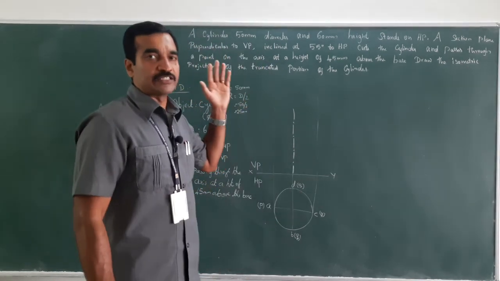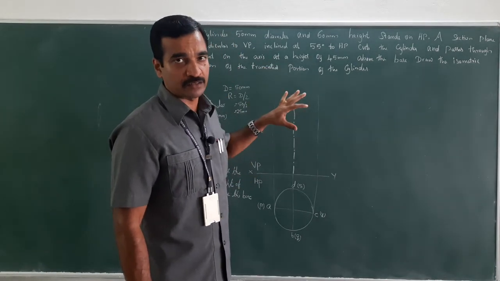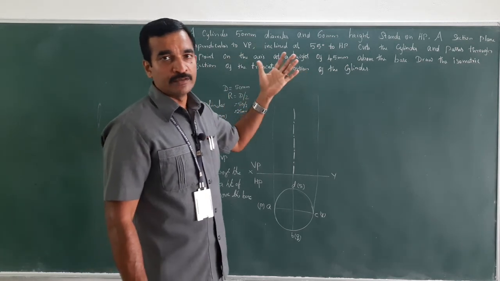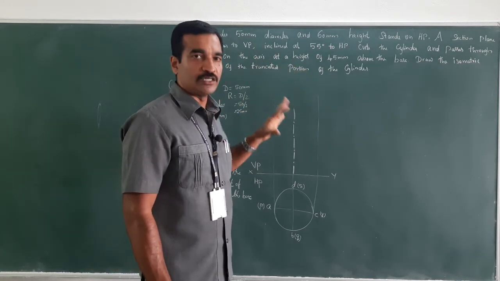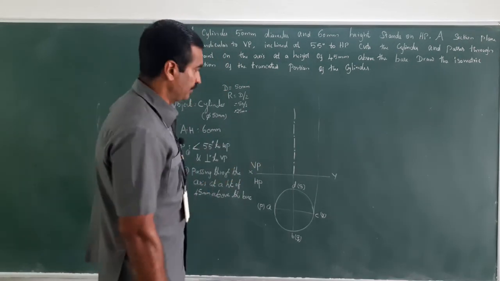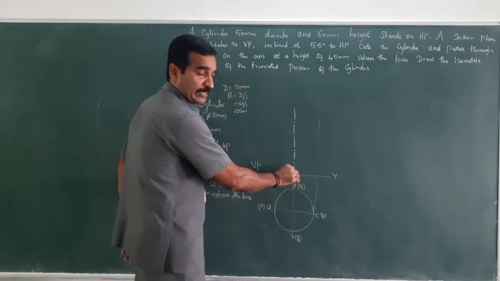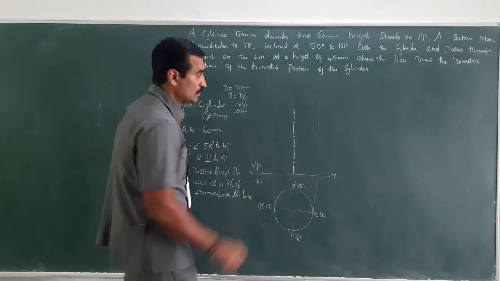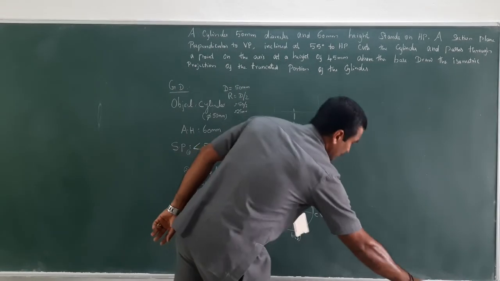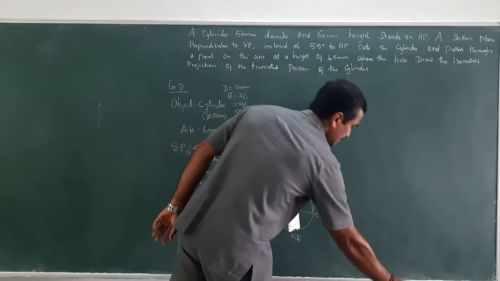Here a section plane is used to cut the object. Therefore, don't draw the front view as dark. So remember it. Where the section plane is used, you will have to draw the top view and the front view as construction lines, as thin lines. Okay. Now take 60 mm in your compass, keeping it on the reference line, and cut an arc. So now the boundary closes here. Right. So just wipe off the unwanted lines. Now this is the boundary.